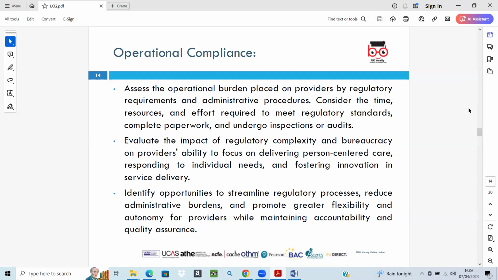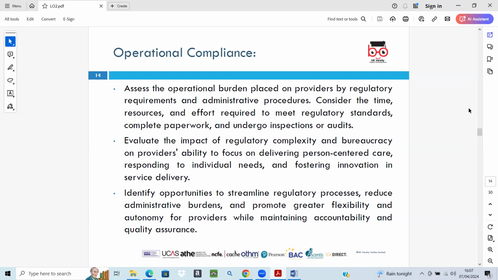How can regulatory bodies reduce the administrative burden on care providers without compromising on quality and safety? Because this is important. What they can do is streamline processes, provide clear guidance, adopt digital solutions, and focus on outcomes rather than excessive documentation. We all know that now we use laptops and pads, and we have everything digitally secured on clouds, and these things help us.